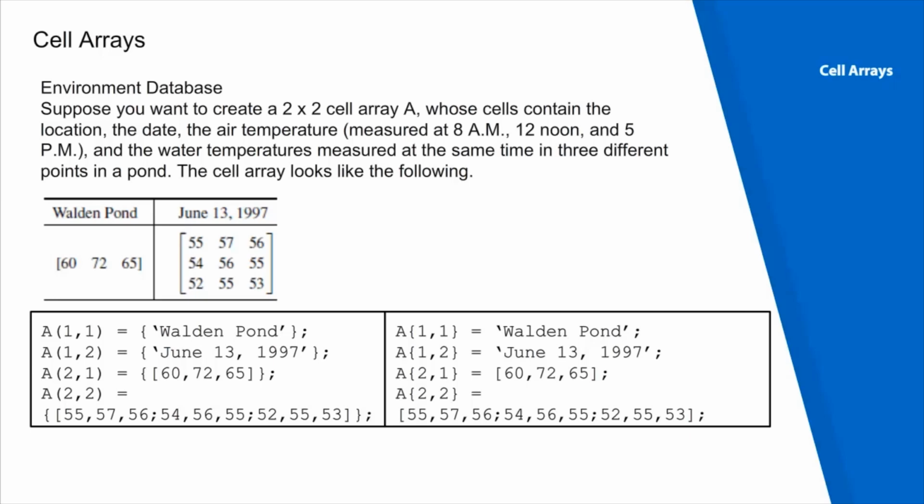Now to use content indexing, we enclose in curly braces the cell subscripts, that is the index of the cell on the left side of the assignment operator, and on the right side we just put our content that needs to be stored, as shown in the box on the bottom right. So here the difference is, for indexing like we did A(1,1), we are using curly braces and then we are doing the indexing. So this directly gives us access to the content that is stored at the location 1,1. So here when storing we do not need to use curly braces as we have already used that for indexing.